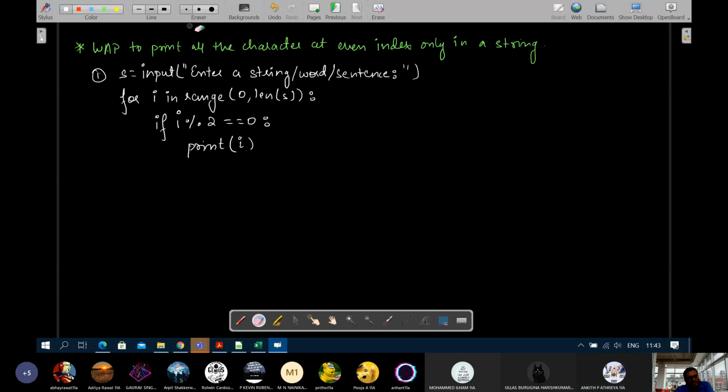Is it correct? No, look carefully. Square brackets I. It won't be like that. Sir, we should not write fixed, print s. How are we printing i over there? It will be s of i. We have to print the character, not the position, because I will be generating 0, 1, 2, 3, so these will be index positions. So we will check whether that index position is even or not. If that index position happens to be even, we will print the character at that index position and not the index position itself. So you will write s of i. Pay attention to this, you will make this mistake in the exam.